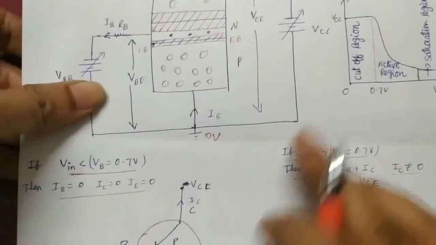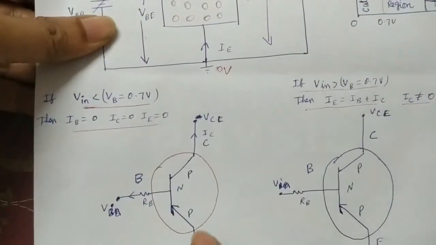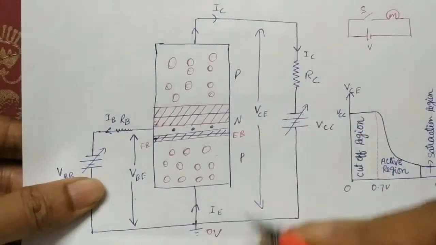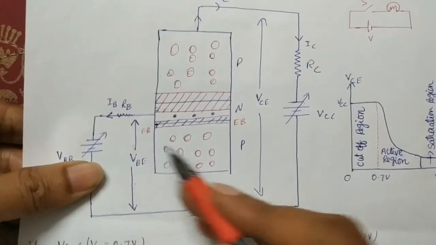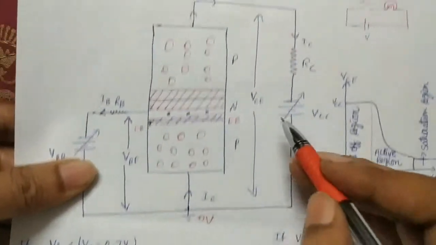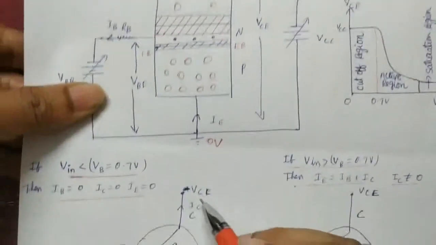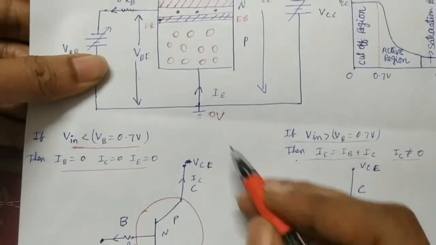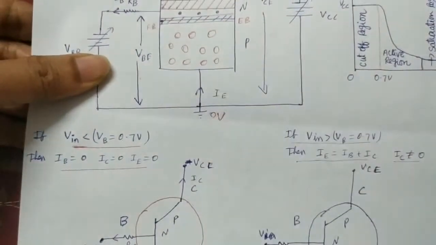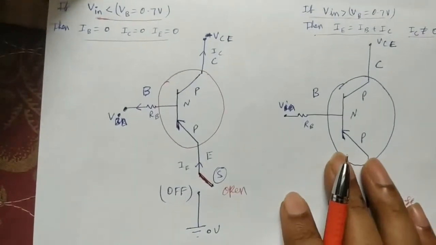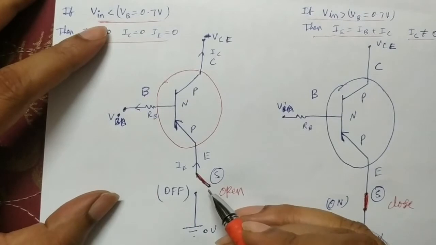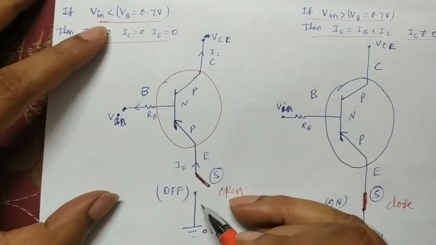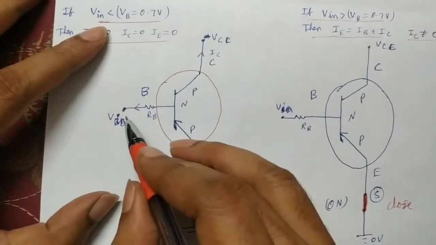That means this transistor, you see, this is the same transistor we are taking. This is a PNP transistor, here also a PNP transistor, with input potential connected here, and what is the potential here? VCE, that I mentioned here. And what happened? No current is flowing through the emitter. That's why you can think of this as an open circuit. Of course, the wire connection is there, but current is not flowing because base current is 0.